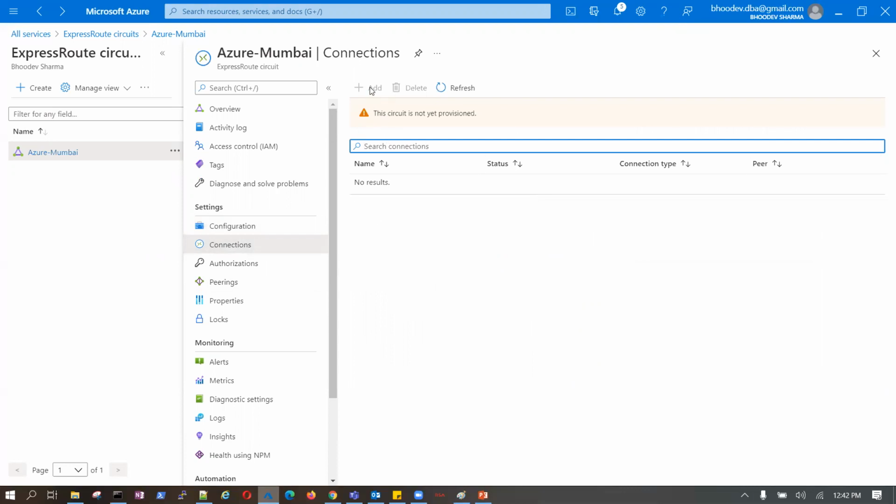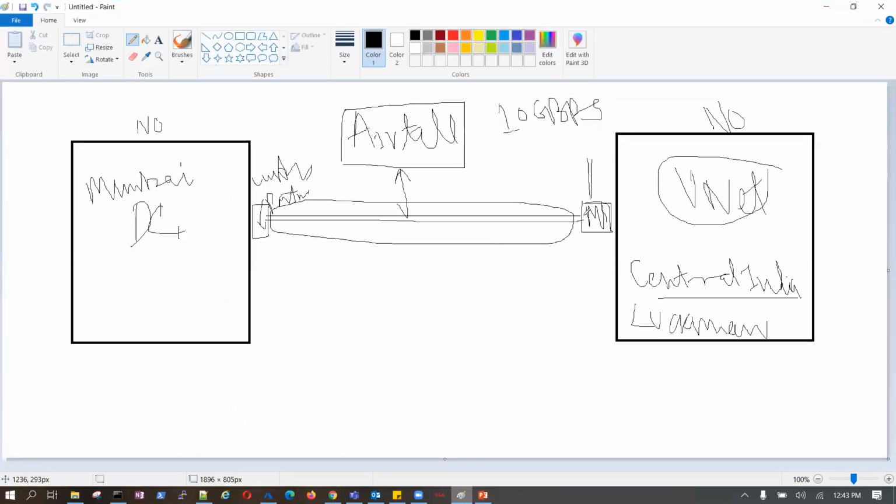This is important. This connection will get created once I have a Microsoft Edge point available. Because I don't have an Edge point, it will not allow me to create the connection. Getting me? This point is not available for me.